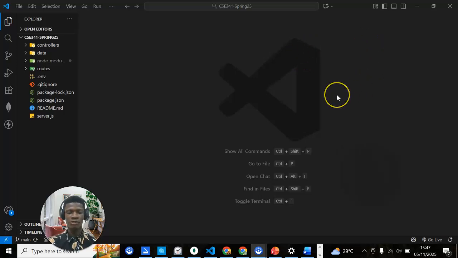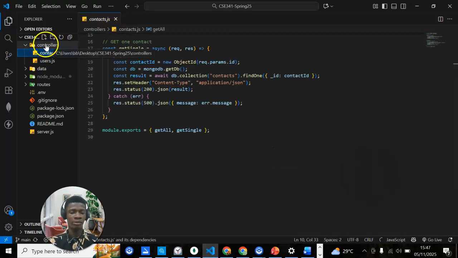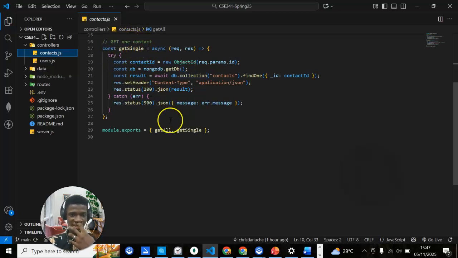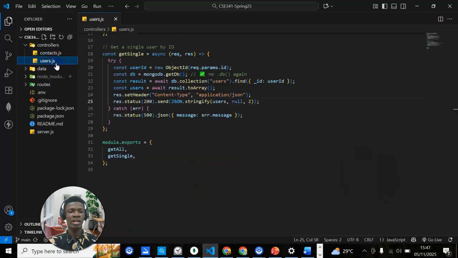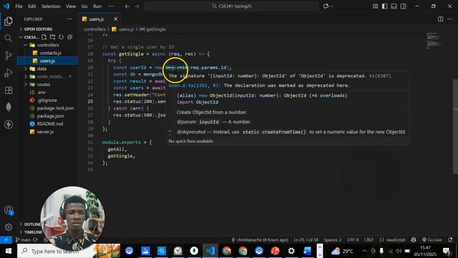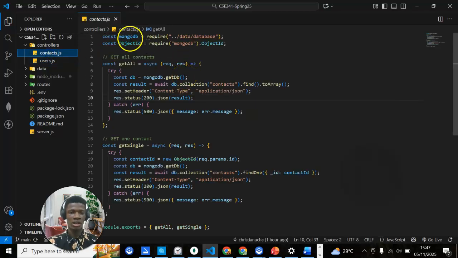So here is my VS Code. I already have my controller. In my controller folder, I already have get one contact. Okay, right. So get all contact. This is similar to what we already have in the users.js. Okay, so in my contact.js,